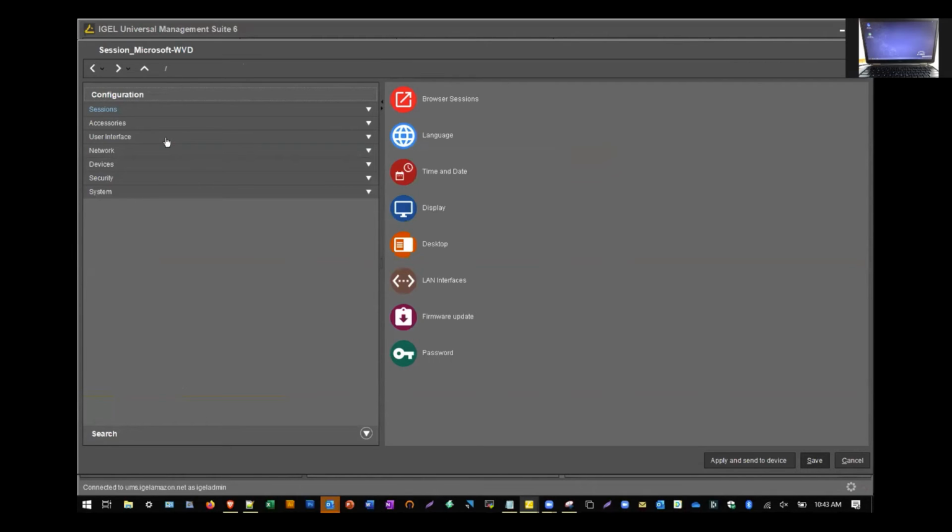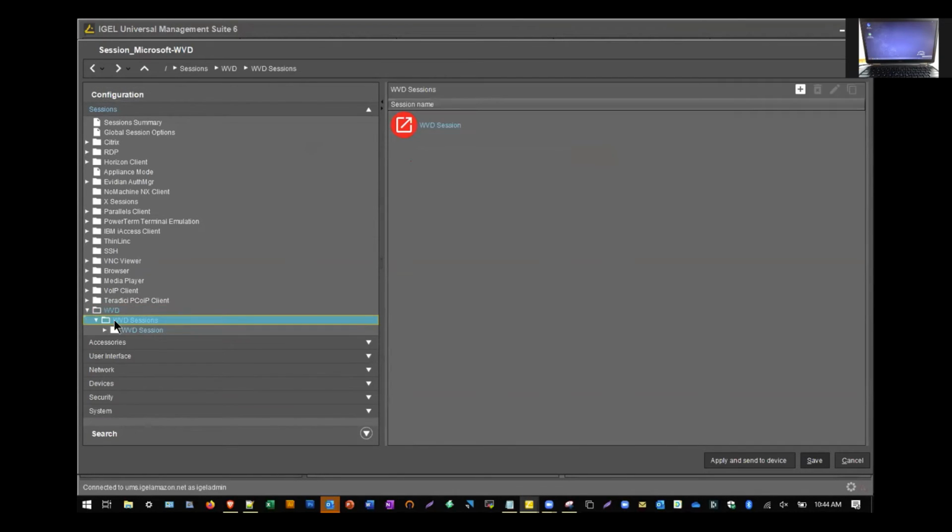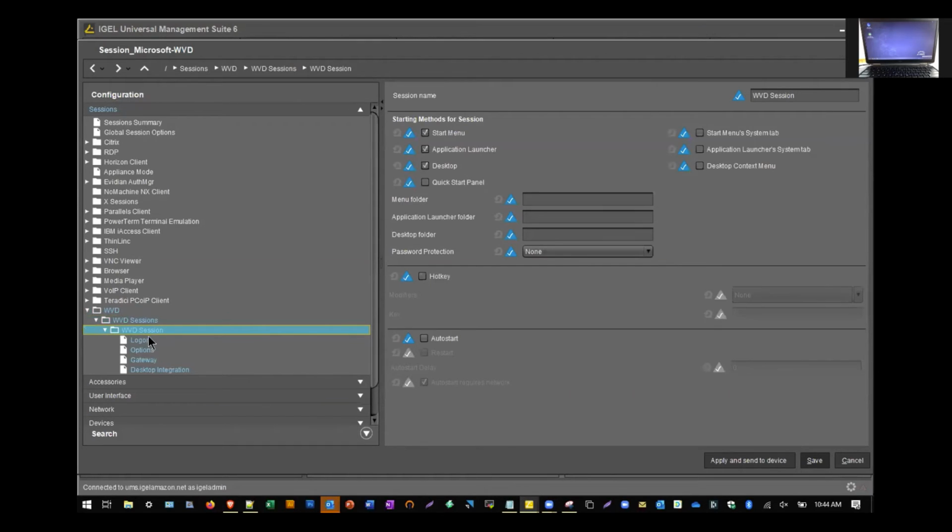So commonly, kind of like group policy, when you edit one of these, it's going to bring up all the different options that are inclusive for IGEL. The one cool thing that IGEL does is it highlights anything that's actually configured for this policy in blue. So you can see this light blue here for sessions. You can go all the way down here to WVD in light blue, and you can see that there are these options in blue that we have configured for this session.